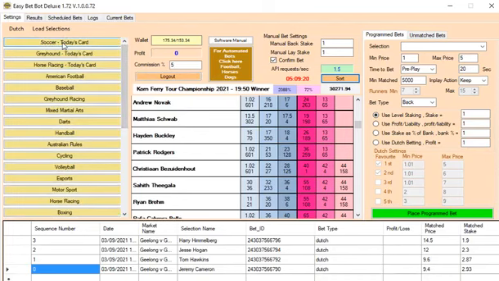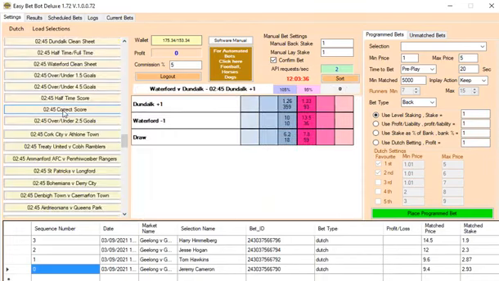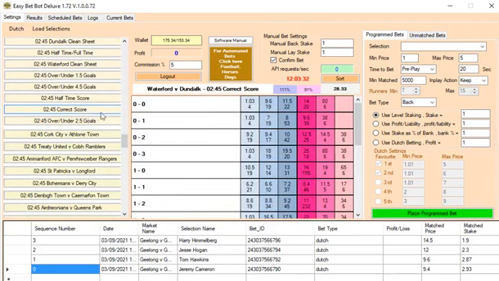You could use it on correct score. For example, you could do 5 or 6 of your correct scores and Dutch them that way. So the good thing with the correct score market here, there's not much in it, £28, so we can click sort, and there's the correct scores at the moment. So if we wanted to, we could just bring the